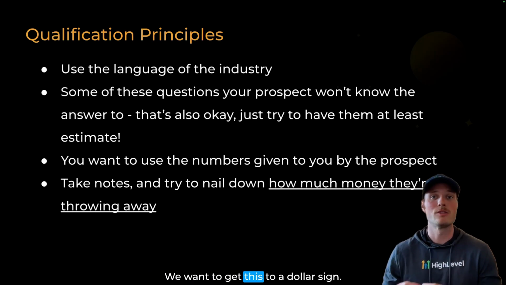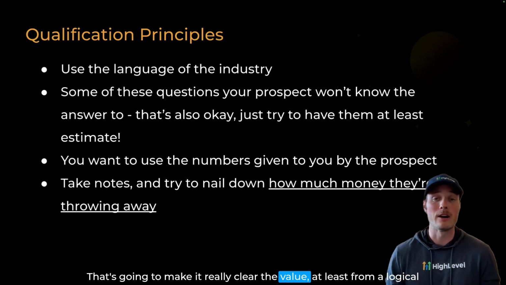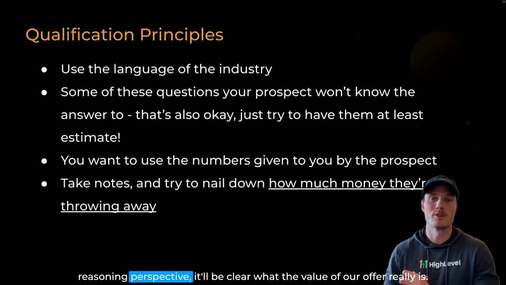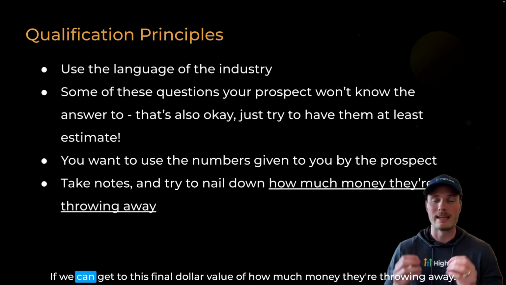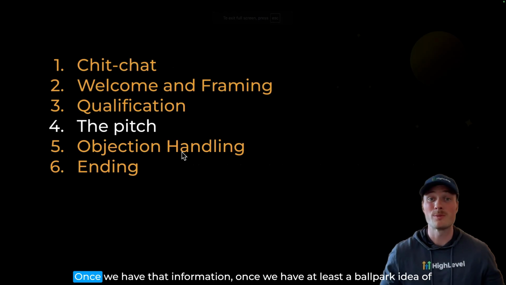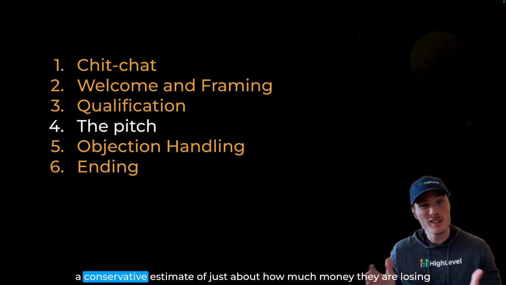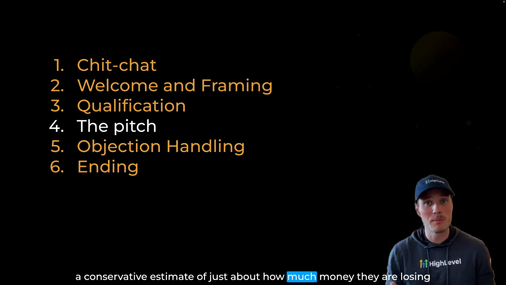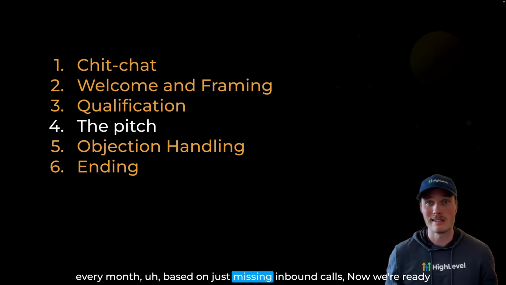We want to get this to a dollar sign. That's going to make it really clear the value, at least from a logical reasoning perspective. It'll be clear what the value of our offer really is if we can get to this final dollar value of how much money they're throwing away. Once we have at least a ballpark idea of a conservative estimate of just about how much money they are losing every month based on just missing inbound calls, now we're ready for the pitch,